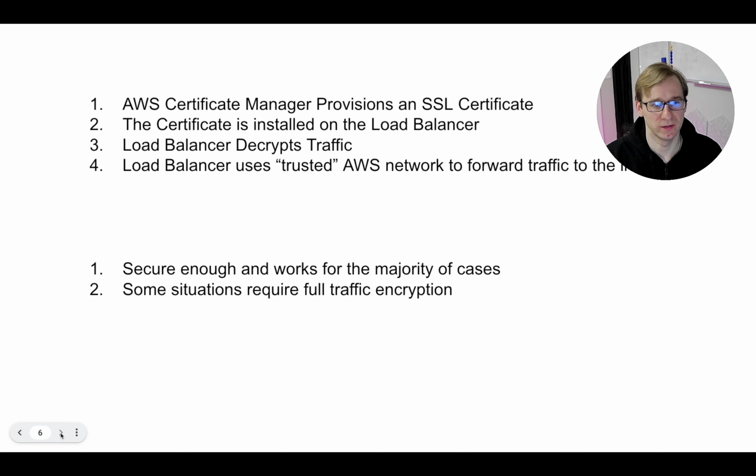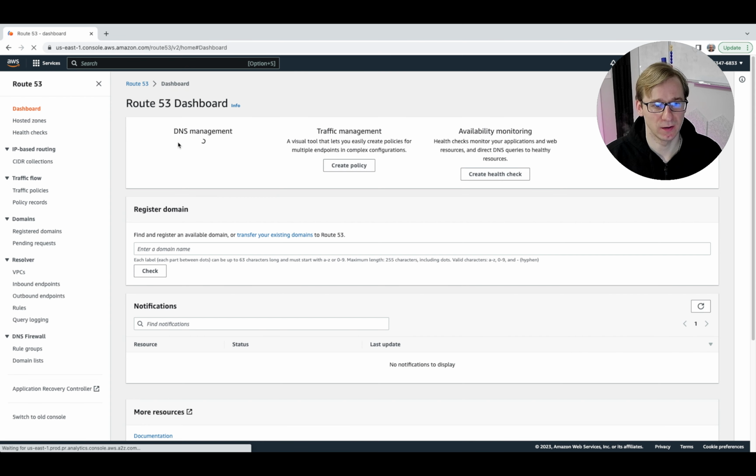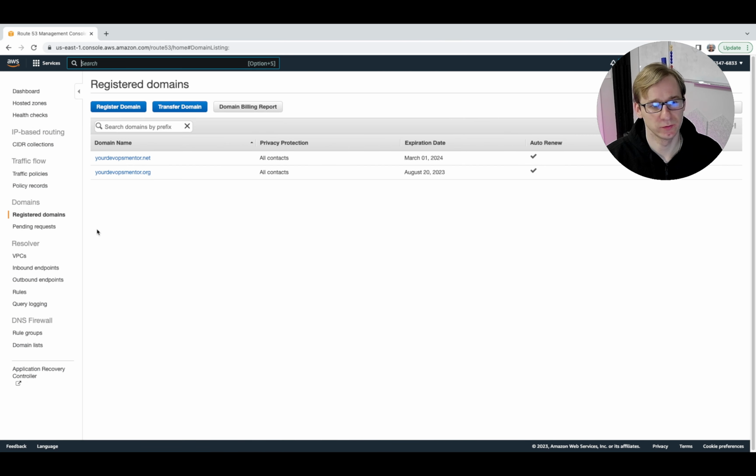And now, without any further ado, let's start configuring our secure website. First, we'll need to register a Route 53 domain. That's because of how SSL certificates work. By design, each certificate is tied to a specific domain or subdomain, and servers not only use it for encrypting the traffic, but for verifying that the user is accessing the legit website that is owned by the entity who